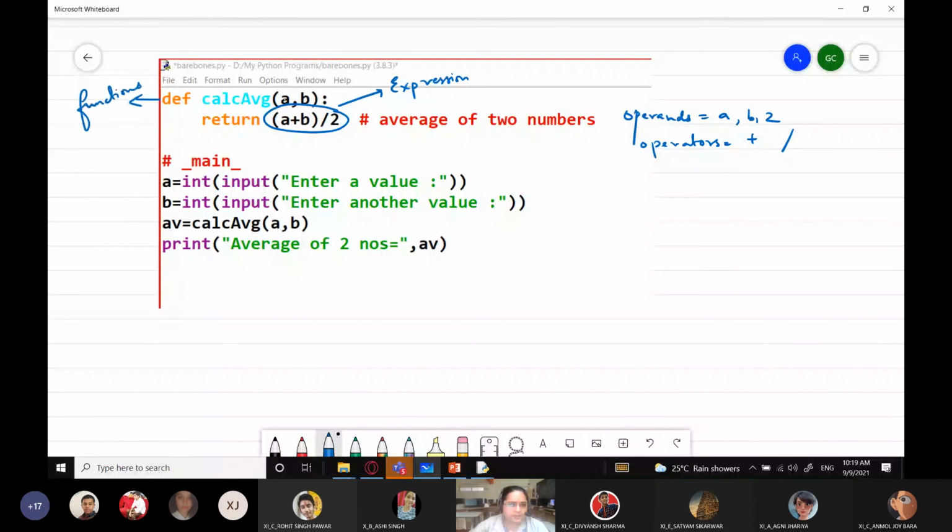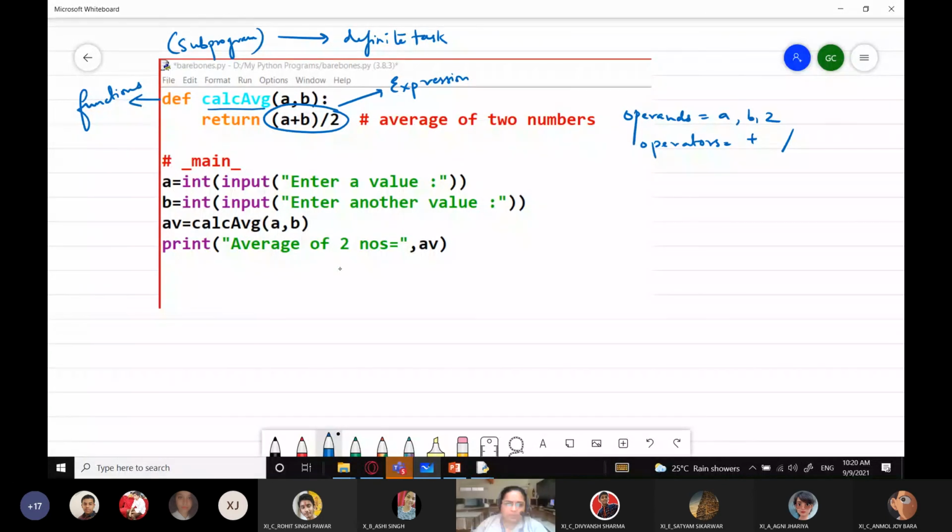Functions. What are functions? They are small sub-programs, or we can say parts of a larger program, and which performs a definite task. It's complete in itself and it performs a definite task. As you can see, this particular function is calculating what? The average of two numbers. So function is a sub-program. It helps in dividing a problem into smaller manageable parts, right? So functions you will be seeing a little later in your syllabus, right? Right now, what you are going to handle is simple sequential programming.